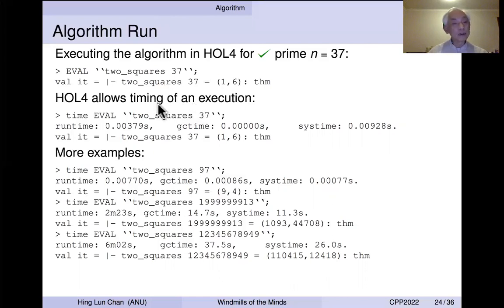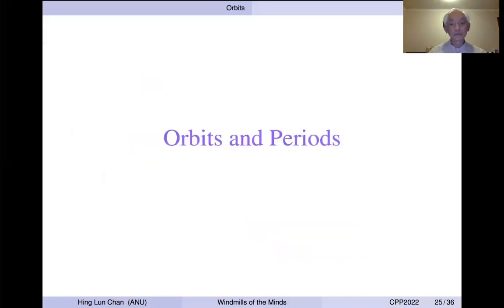This evaluation actually is just using the symbolic arithmetic of the theorem prover. The theorem prover is designed for proving theorems, not for calculations like this. So it just uses symbolic arithmetic to do the evaluation. Symbolic arithmetic is orders of magnitude slower than native code, and so these results are quite impressive. For the correctness of the proof, we have to go to the orbits and periods.